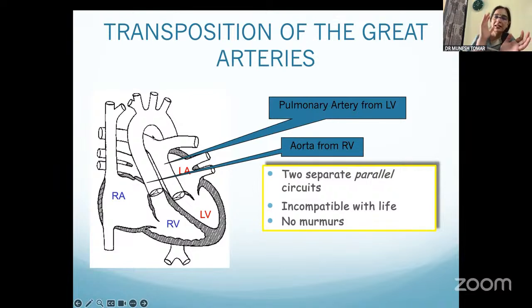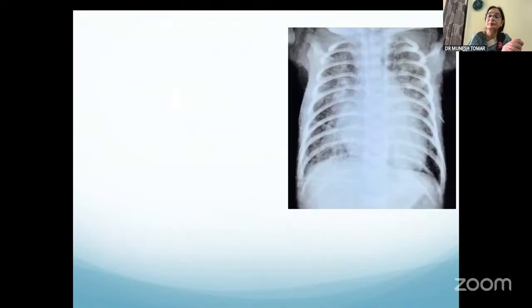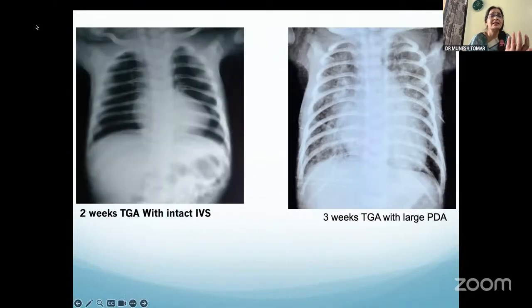So any level of shunt is needed for these babies to survive whatever days or months they have with us, if we do not intervene on time. These are the chest X-rays. This is with the intact ventricular septum. This is with PDA, which is 3 weeks old, and this was with 50% saturation, a so-called very comfortable baby